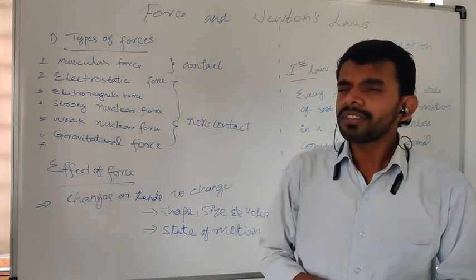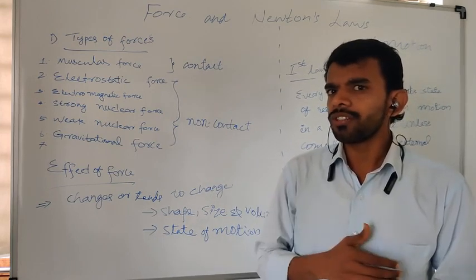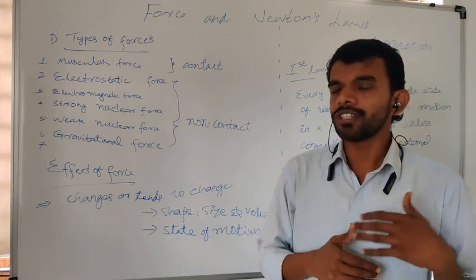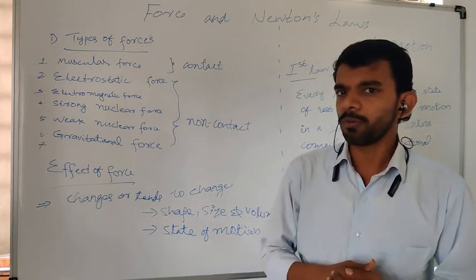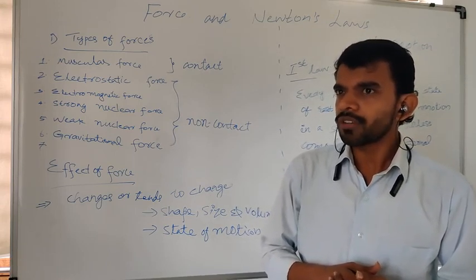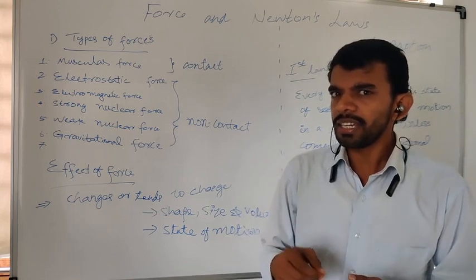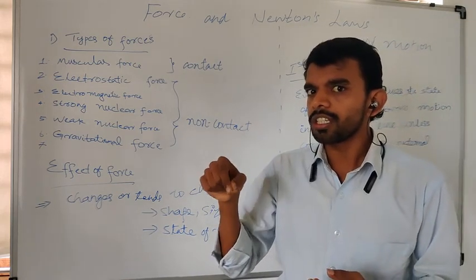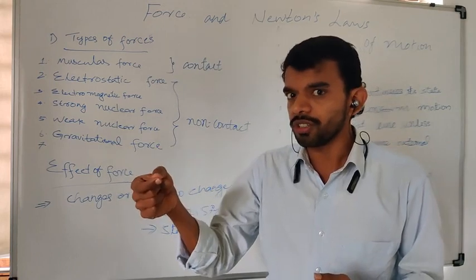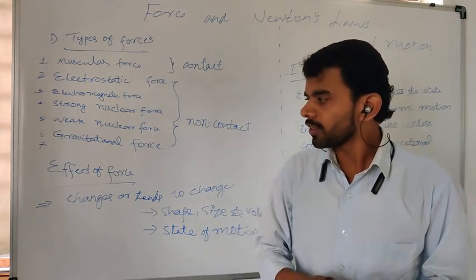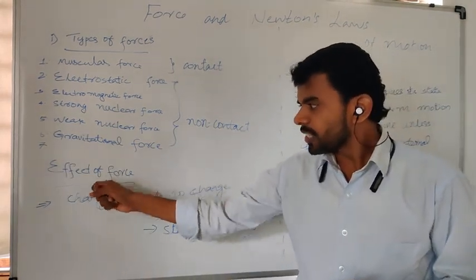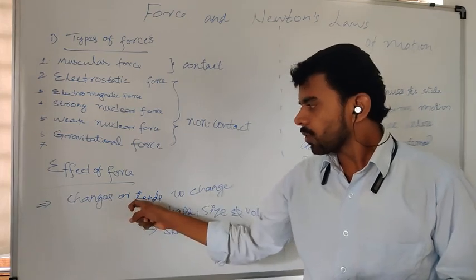If you press a stone, will its shape change? Obviously not, but we can assume there is a tendency in the stone for its shape to change. So force is that which changes or tends to change